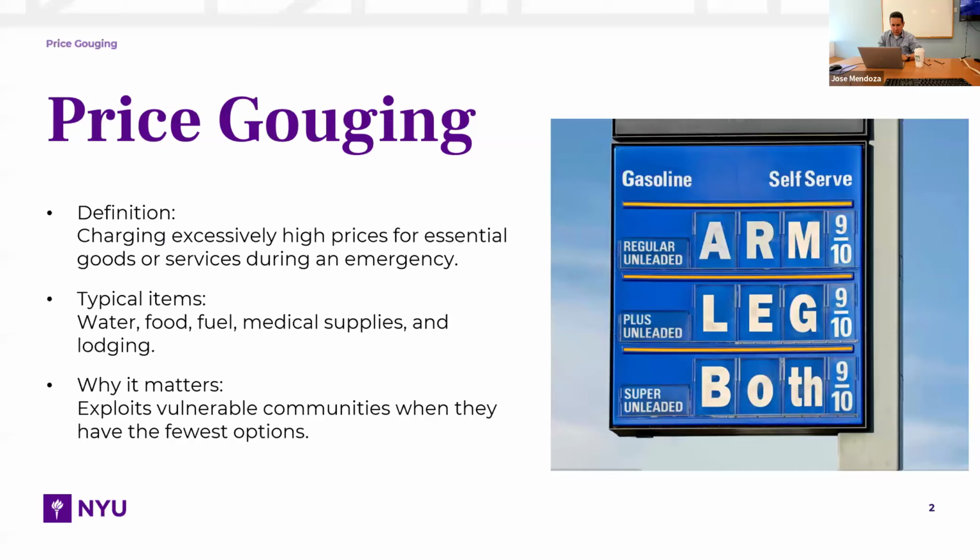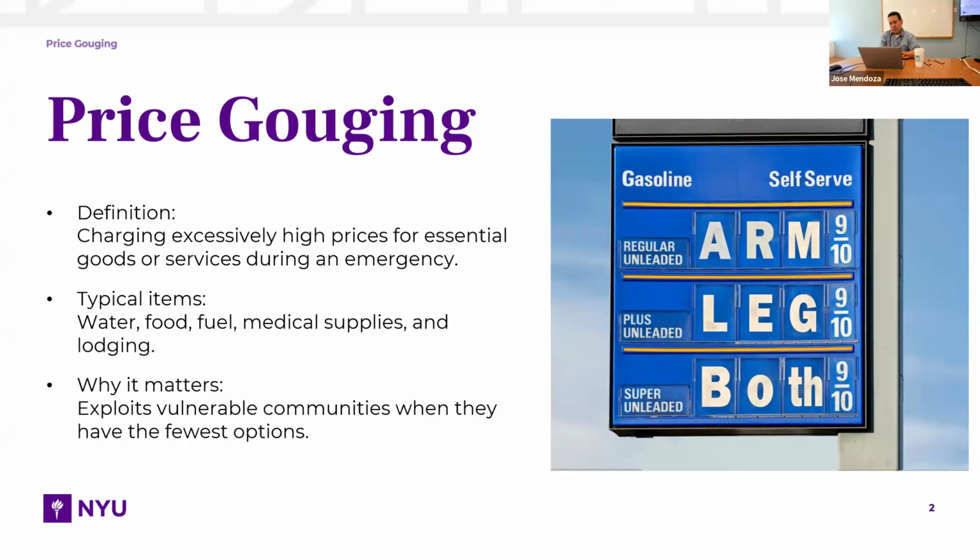So here's the definition of price gouging. That's when a retailer is charging in excess for essential goods or services during an emergency. Typically it happens during an emergency. And the typical items are water, food, fuel, medical supplies, lodging like hotels, but also transportation, like for example, ground transportation or airlines. When that happens, you will probably notice the prices skyrocket,